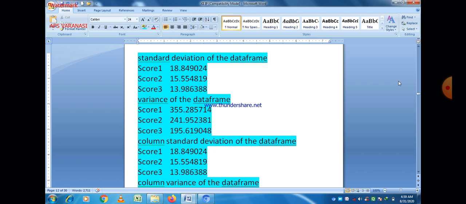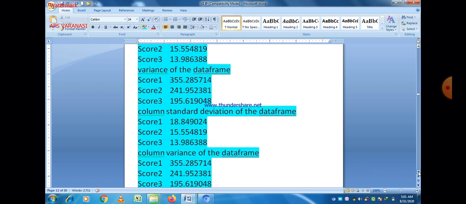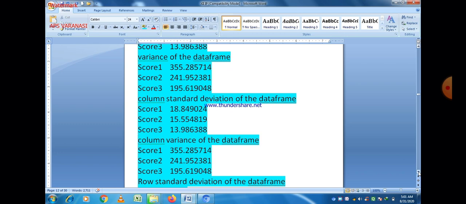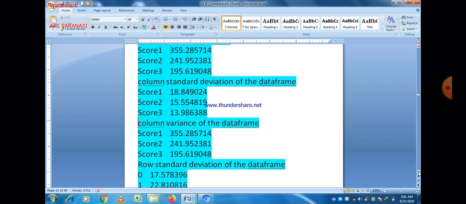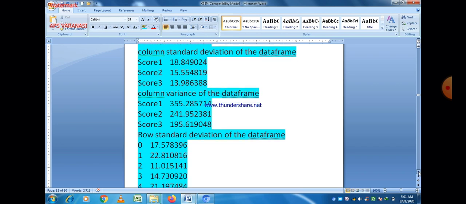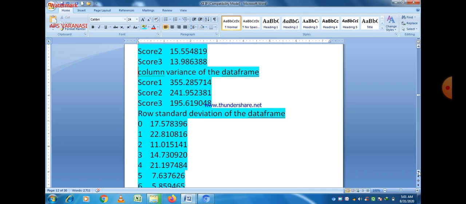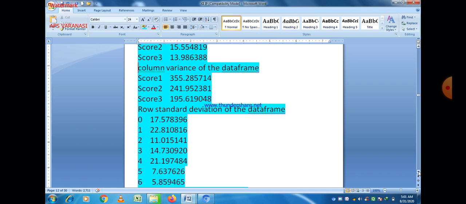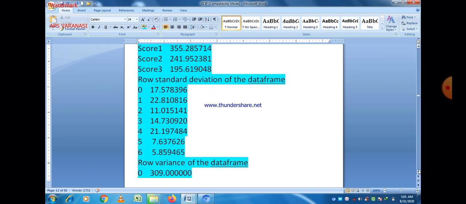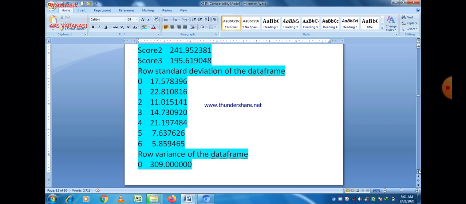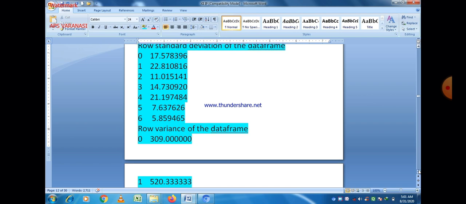The column standard deviation is the same as the default one because axis is equal to 0 is given in this case. The row standard deviation of the data frame is given here, which is different from the column variance or standard deviation. It is basically along axis 1. So you can easily see that the index names of the rows are given here, 0, 1, 2, 3, 4, 5, 6. In the same manner the row variance of the data frame is